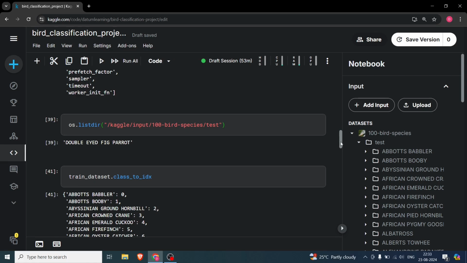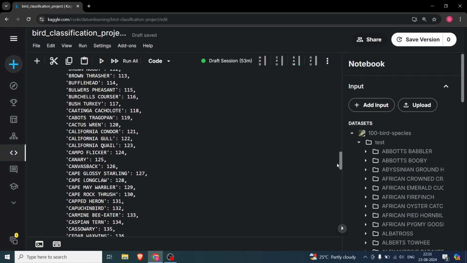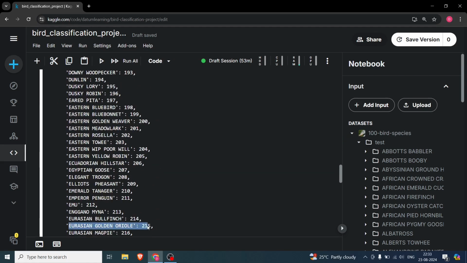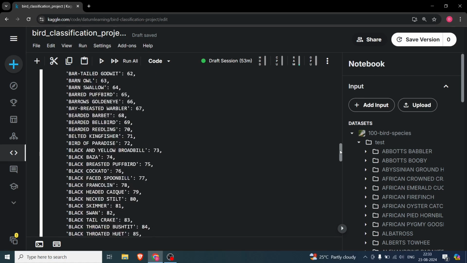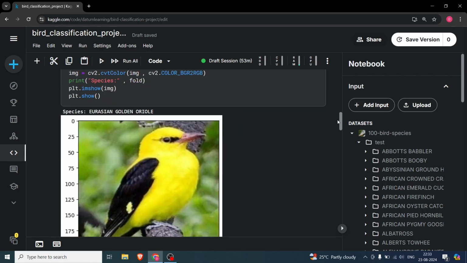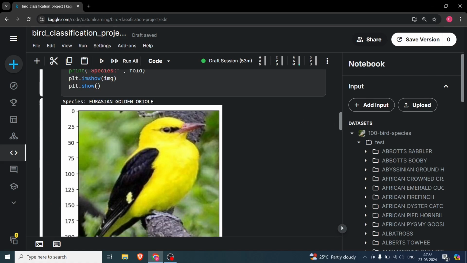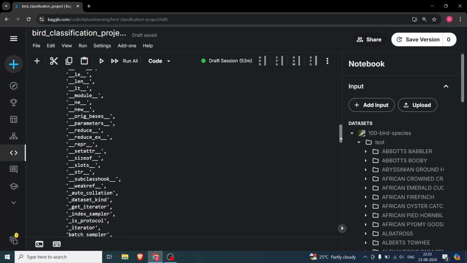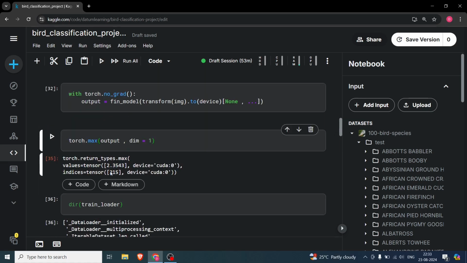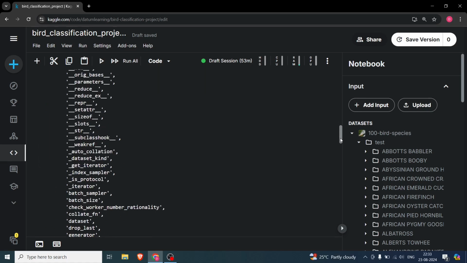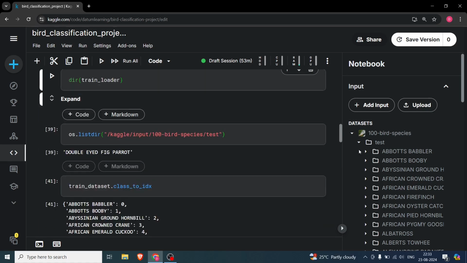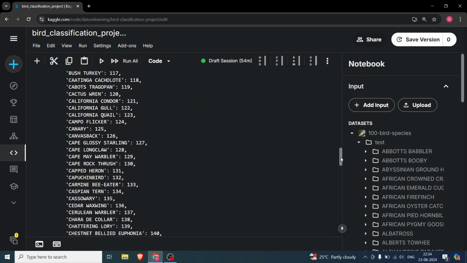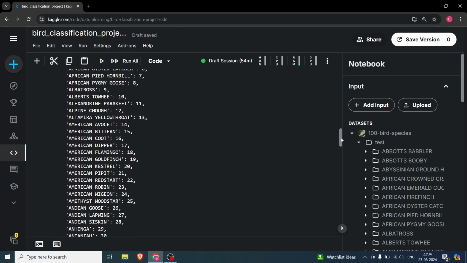Yep. So what I need to do is go to the 215th one, Eurasian golden oriole. So over here you can see it is Eurasian golden oriole. How do we know that? The species is taken from the dataset, but this one has been taken from the prediction over here, 215. It was done by the model, and the model has said, let me just close this one, I don't need it. The model has said that the 215th one is